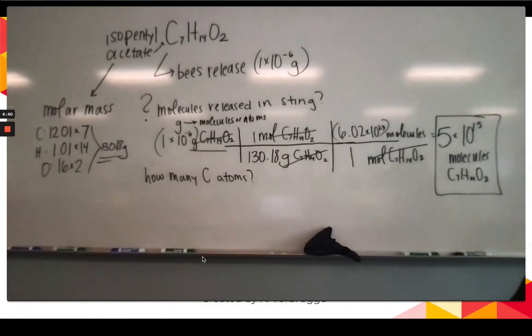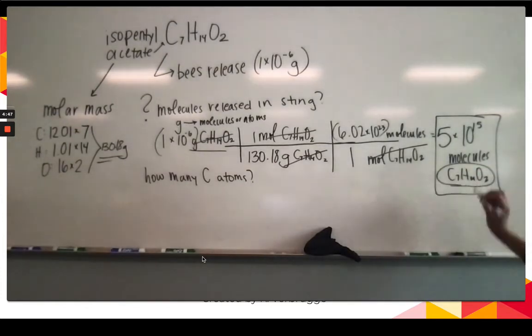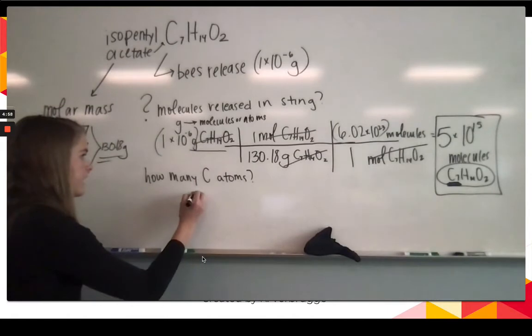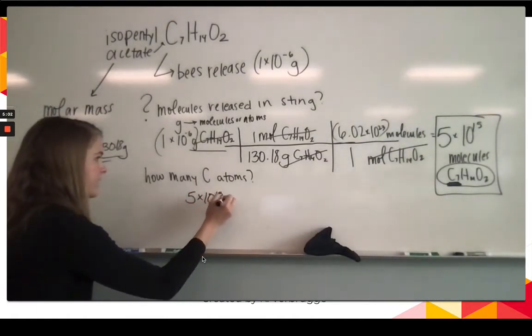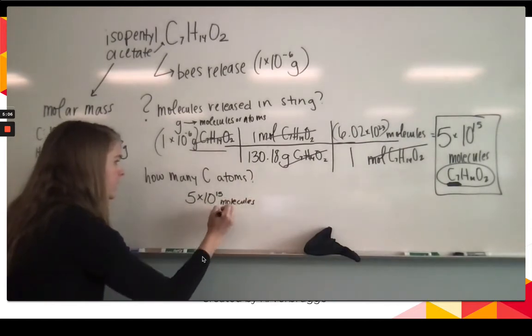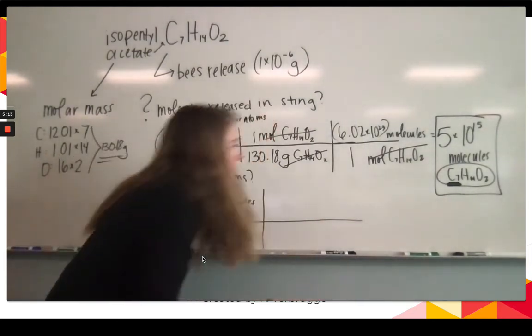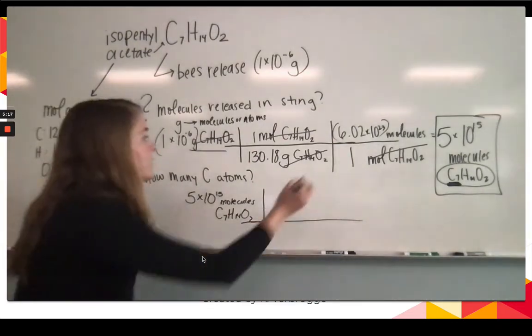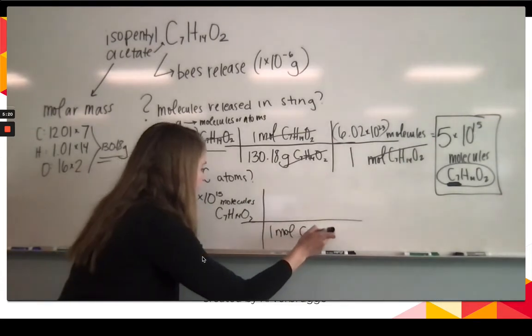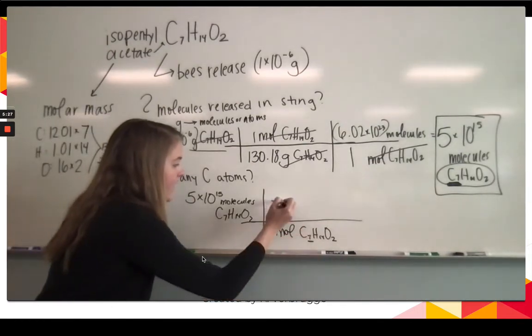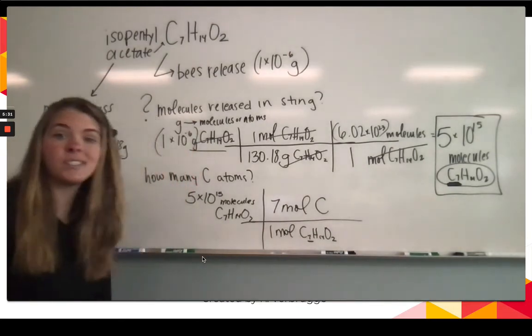However, we aren't done yet. The second part of the problem asks how many atoms of carbon are present. So we found the total molecules, but we're looking specifically for atoms of carbon. And notice we have C7. So what we're going to do here is use this answer as the given for our next problem. So 5 times 10 to the 15th molecules of C7H14O2. Okay, and that's going to be on the top. Okay, and this many molecules we know is equal to 1 mole of C7H14O2. And 1 mole of this, notice, is equal to 7 moles of carbon because there's 7 carbon molecules in